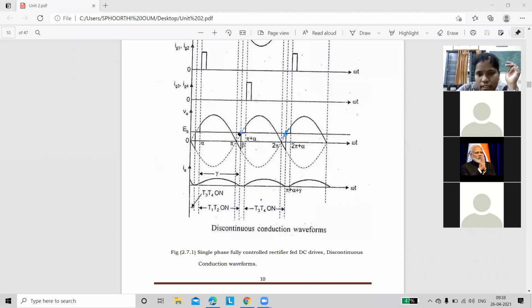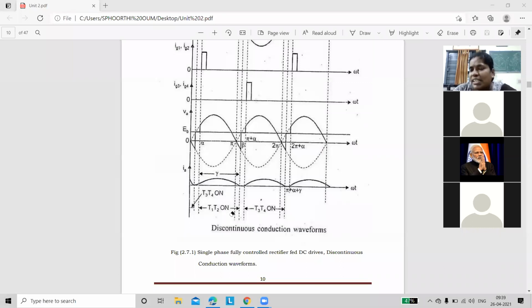Please think it once. By using a number of ways, you can change the discontinuous waveforms into continuous waveforms. Is it right? Here your friends are saying two ways. One more: by increasing the inductance effect, exactly. Very good. So your last chance is by increasing the value of inductance.